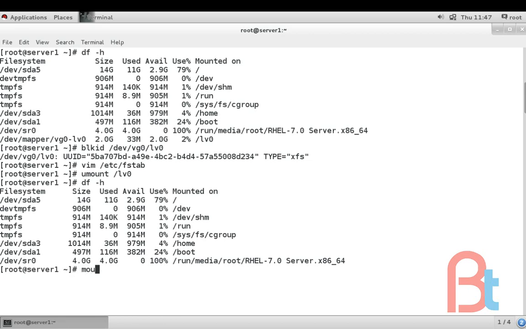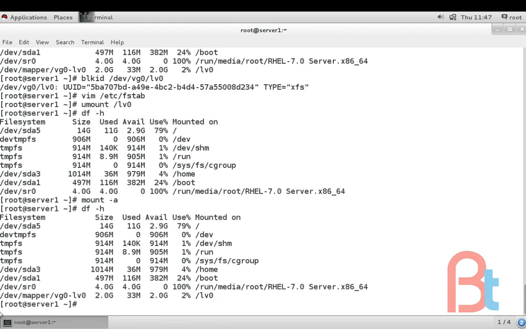Now we will type mount -a. It will remount all partitions with the help of the /etc/fstab file. Just enter and again type df -h. Here you can see our new LVM partition, the mapper vg0-lv0, is mounted in /lv0. So our /etc/fstab entry is correct. Okay,